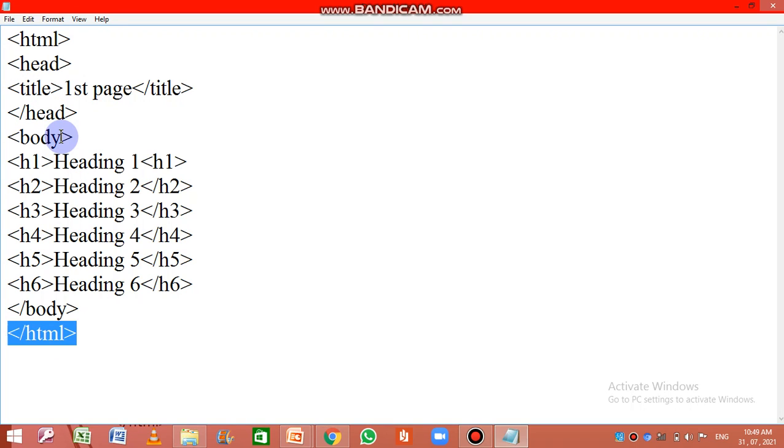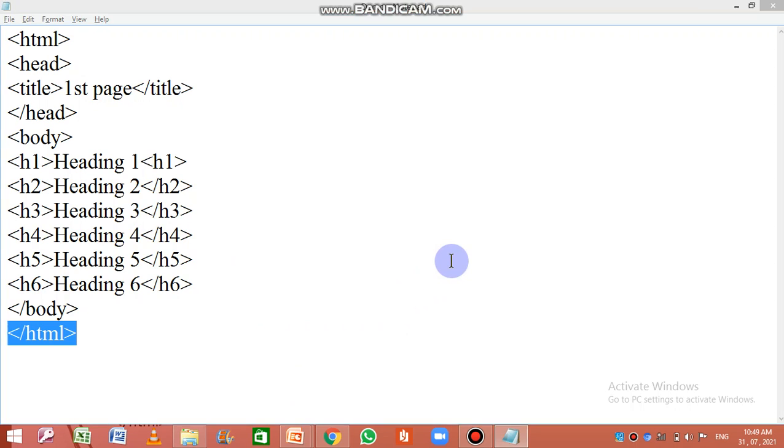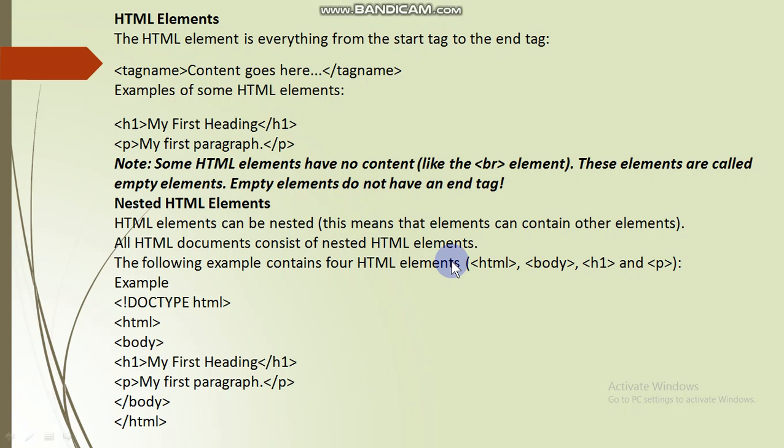Likewise, body started here and ended here. So this is the HTML structure for creating a web document. We need to follow this structure, and this structure creates nested elements. As mentioned in the example, let us do the example.